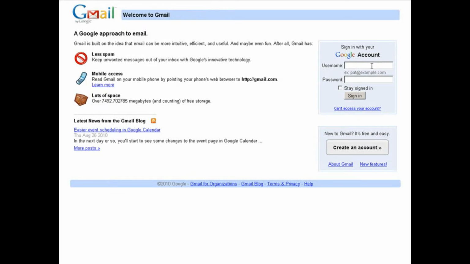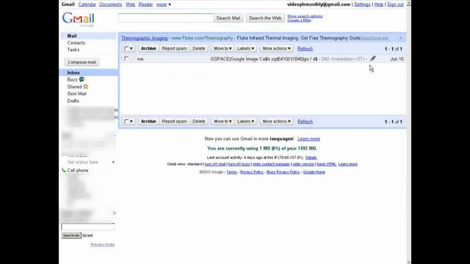This is only good in the USA. However, it does work in Canada if you have your settings set to English US, which I do. Okay, so first, let's log into our Gmail account. Okay, now look down the left-hand side, and if it's available to you, you're going to see Call Phone right